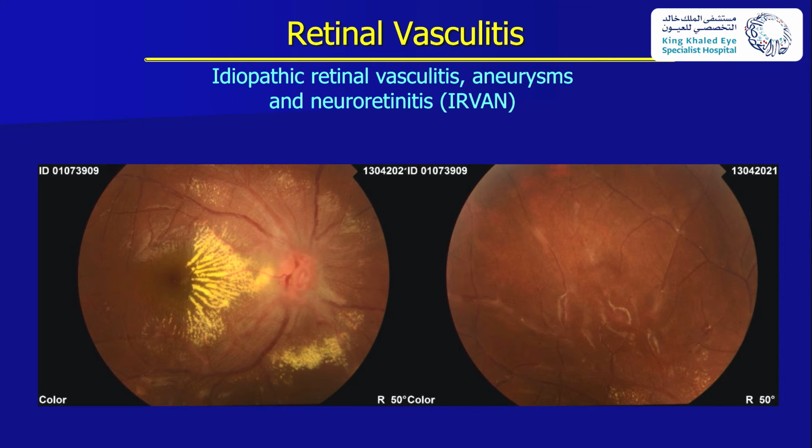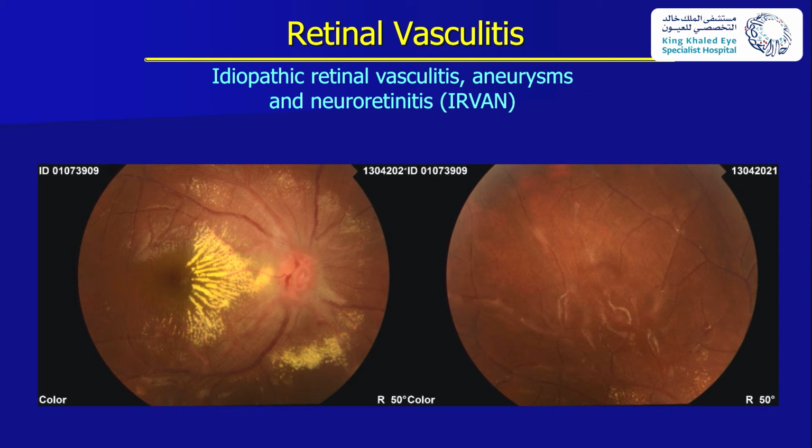So what is Irvan? Irvan is a bilateral disease. There is no specific cause, characterized by a massive amount of hard exudates, and the patient can lose vision because of these hard exudates encroaching on the fovea, and also because of peripheral ischemia. The peripheral retina tends to be ischemic. If the peripheral retina is ischemic and not treated with laser coagulation, the patient will have neovascularization and vitreous hemorrhage